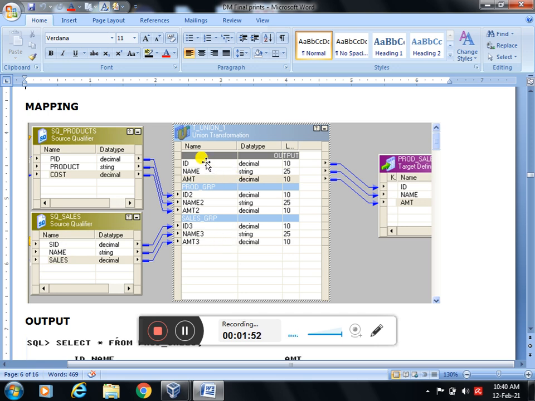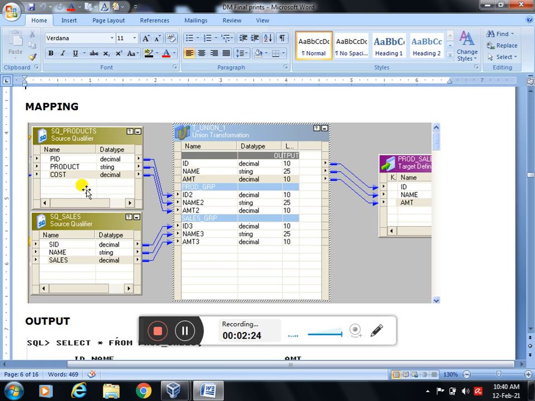Finally we have three columns here: ID, name, amount. In both tables we have product ID and SID, so we are not differentiating SID or product ID. We are giving a common name, ID. It may be the product ID, it may be the sales ID. Next, the common thing is the product name here and the salesman name here, and for that we created the name port.